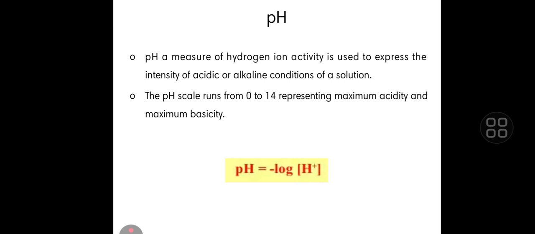Another one is pH. The hydrogen ion concentration is represented by the pH value, which is defined as pH equal to minus log of H plus ions. We know that normally the pH scale is 0 to 14. 0 to 7 is acidic condition, 7 to 14 is basic condition, and 7 is the neutral condition. Normal drinking water with a pH of 6 to 9 is in good condition. It is one of the parameters of water.